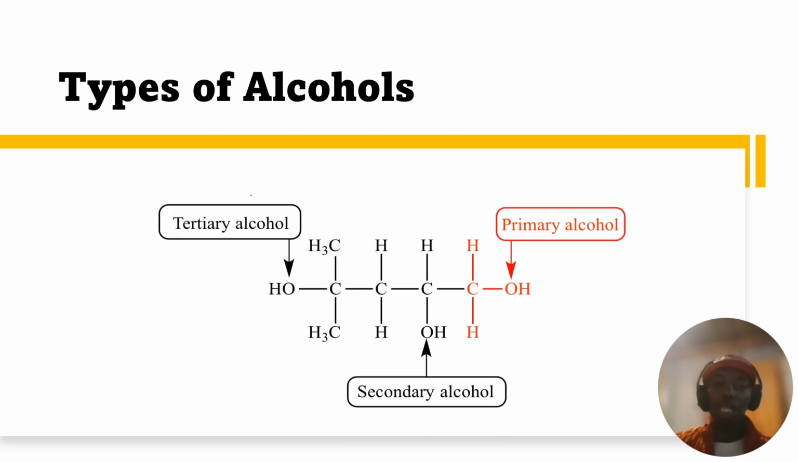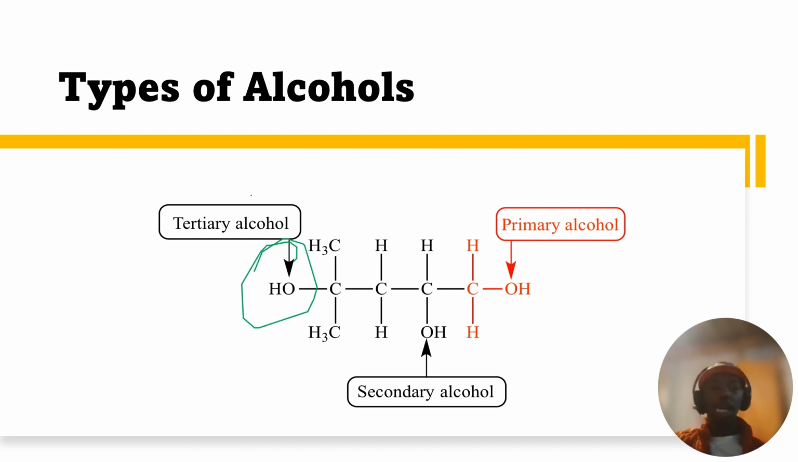So this is what I mean when they say alcohols are divided into classes. Let's start with this type of alcohol. Here we have a tertiary alcohol. Why is it called a tertiary alcohol? It's called a tertiary alcohol because, you see,